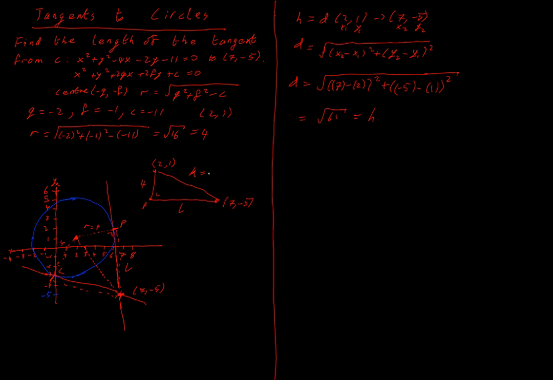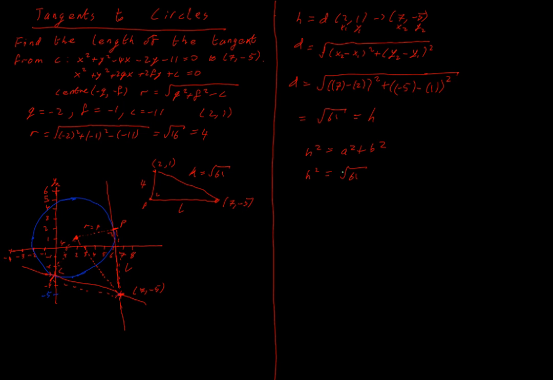So I now know that that is equal to root 61, and then just using Pythagoras, I have h squared is equal to a squared plus b squared. Whichever version of that you're comfortable with,